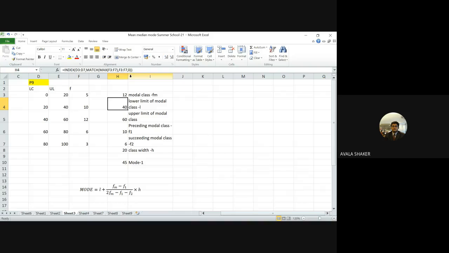And do you want +1, greater than or less than, or an exact match? We want an exact match, so we have not put anything here. And we have not put any 0 here for the column reference because this answer is straight. See, if I put 0 here also,